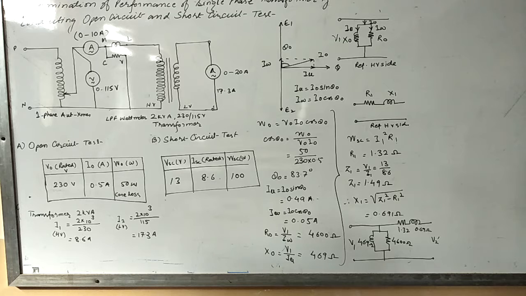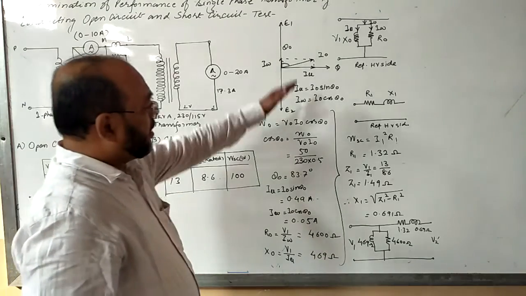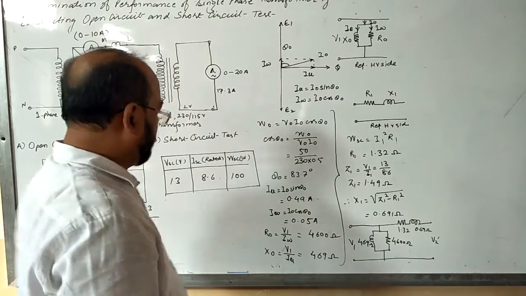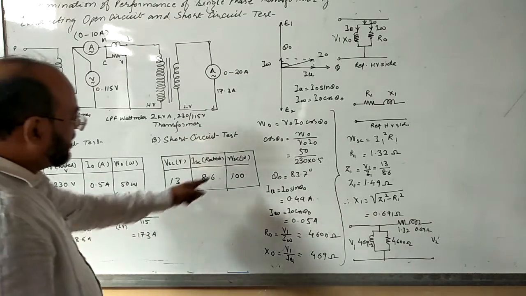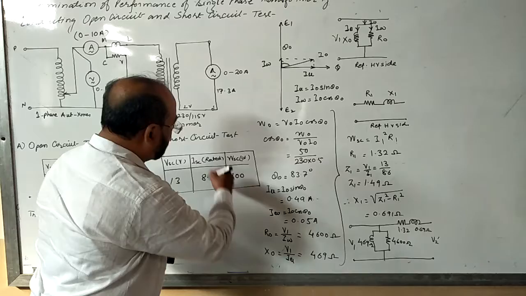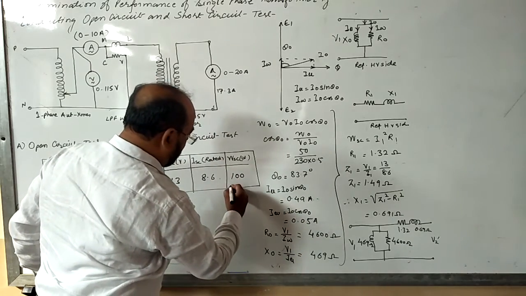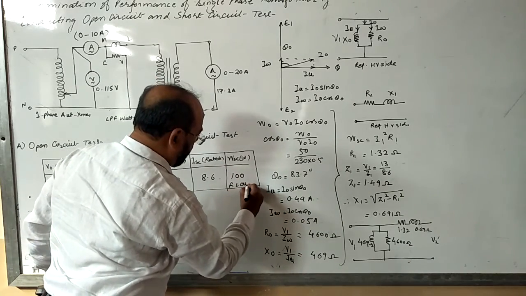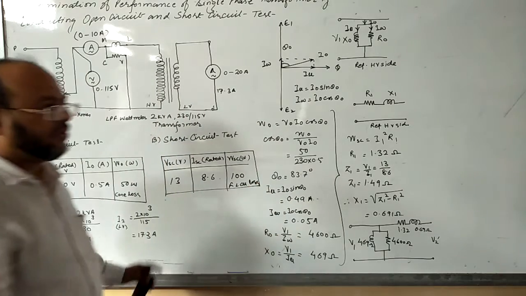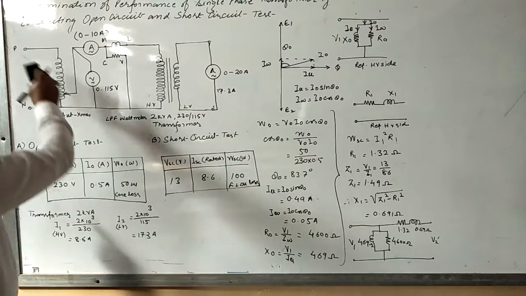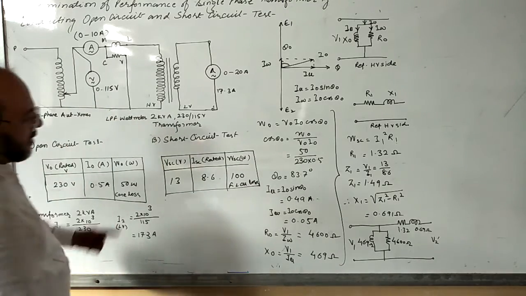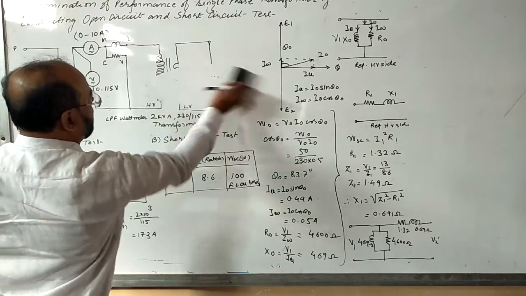Okay. Now once we know the equivalent circuit of the transformer, we are able to calculate the efficiency and voltage regulation. Similarly, under the no load test, this is the core loss. Similarly on the short circuit test, whatever the wattmeter reading, it is the full load Cu loss, total full load Cu loss. So you can consider. Now I will rub this out, and we will see the calculation of voltage regulation.